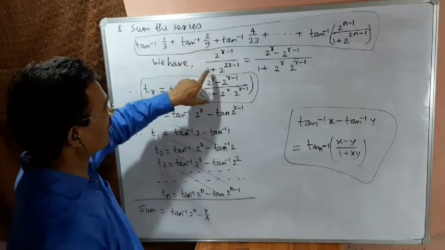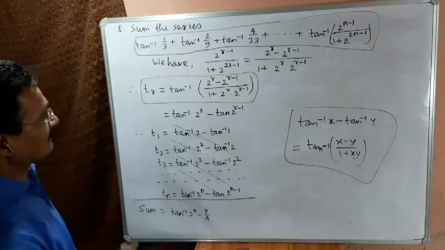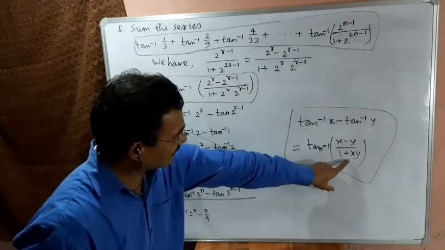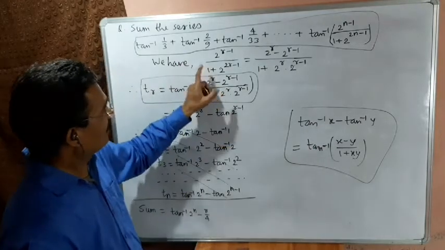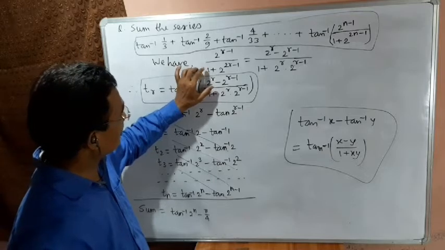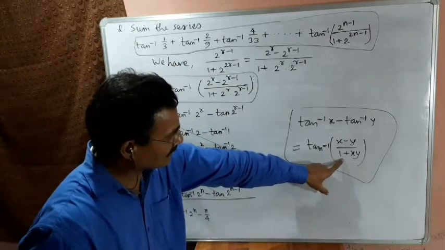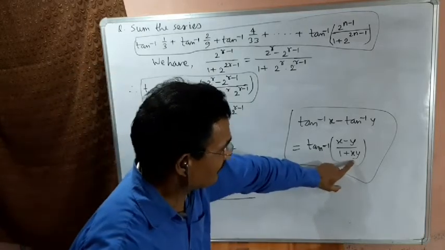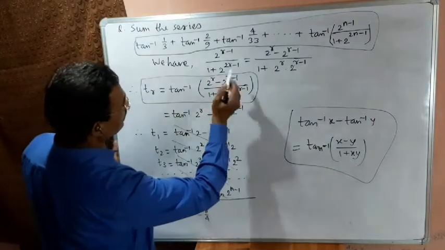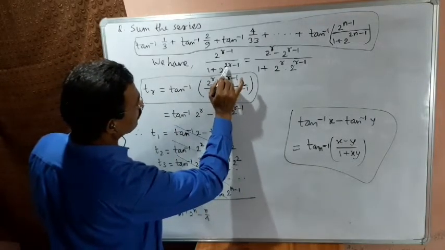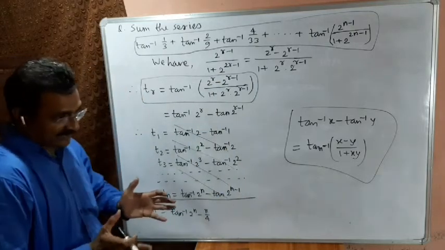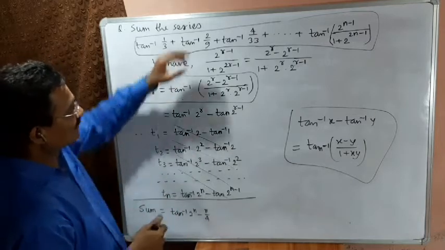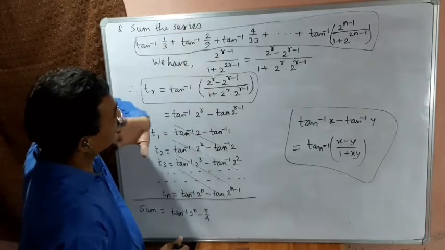this quantity is 2 to the power r minus 1 by 1 plus 2 to the power 2r minus 1, and therefore we will try to express this something like this. Compare with this. In the denominator, 1 is present and we require 1 also. So therefore this one is given, plus xy. Now our duty is to express 2 to the power 2r minus 1 in such two factors so that the difference of those two factors may create this 2 to the power r minus 1.